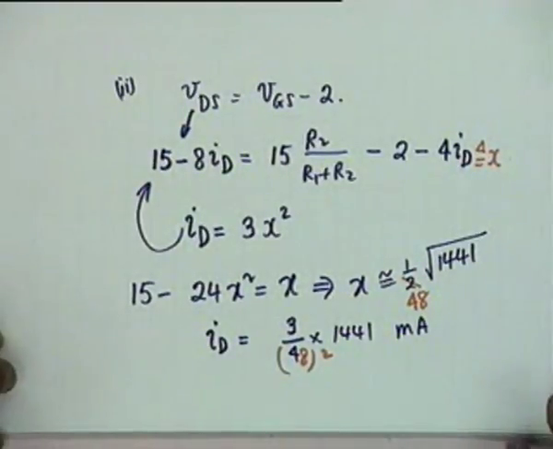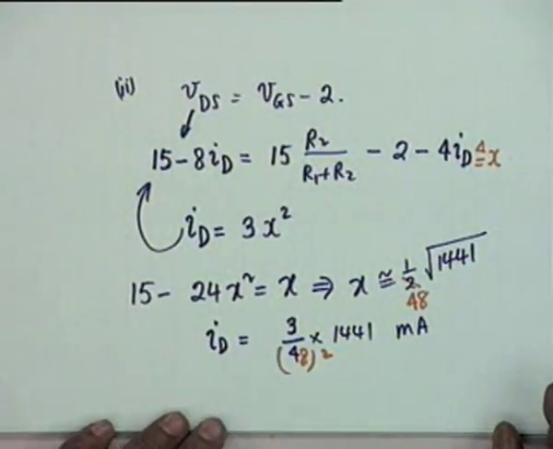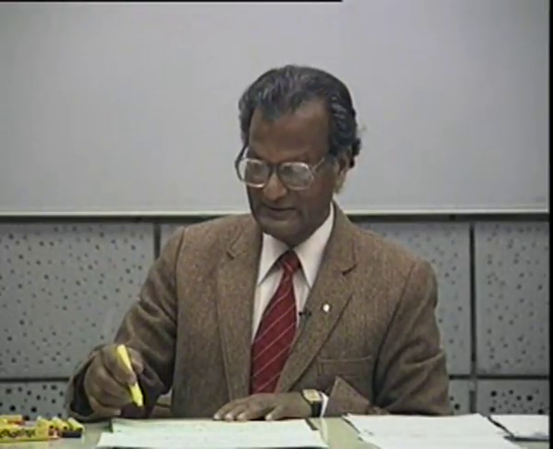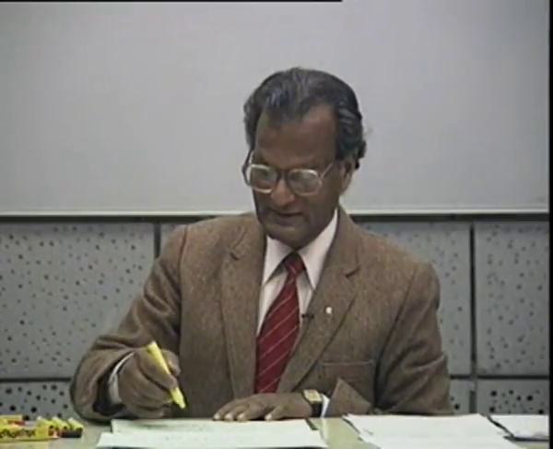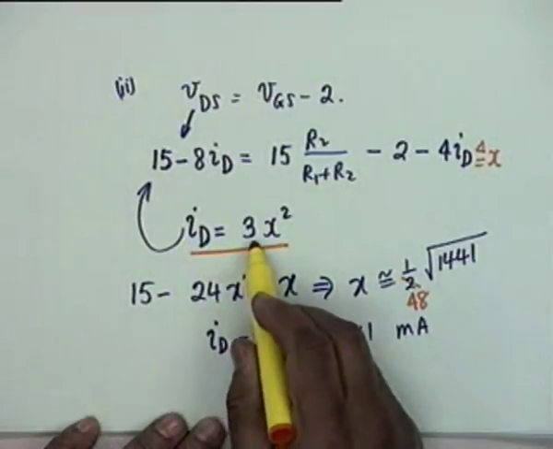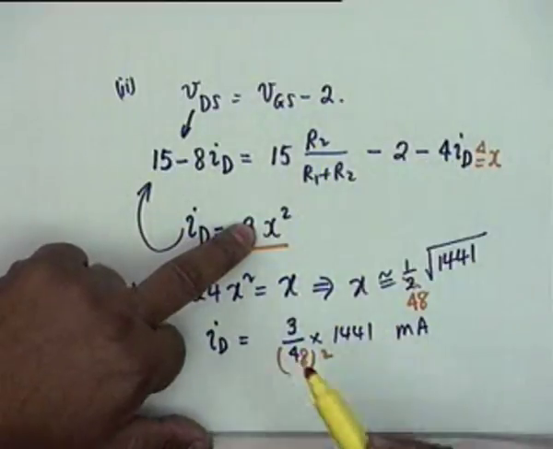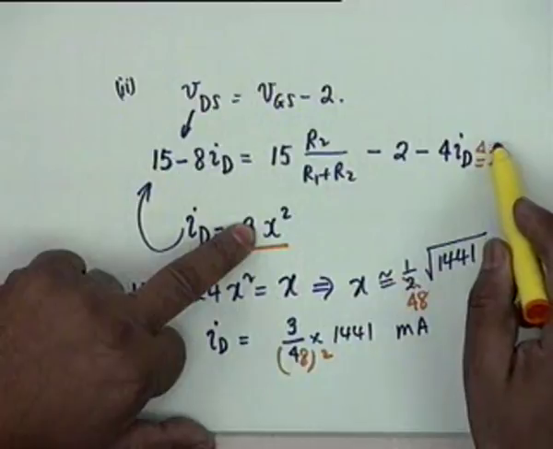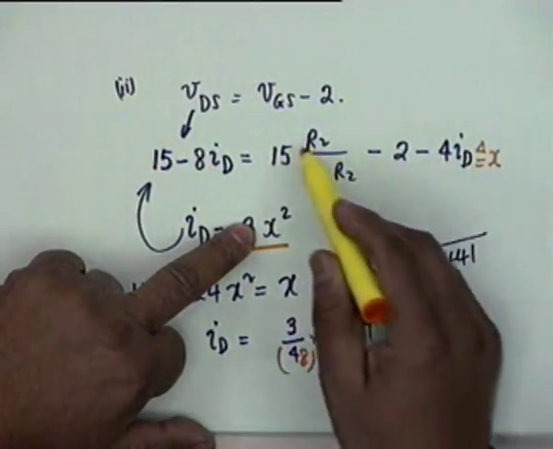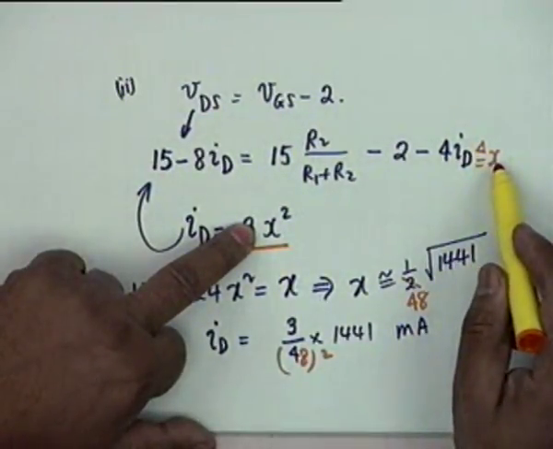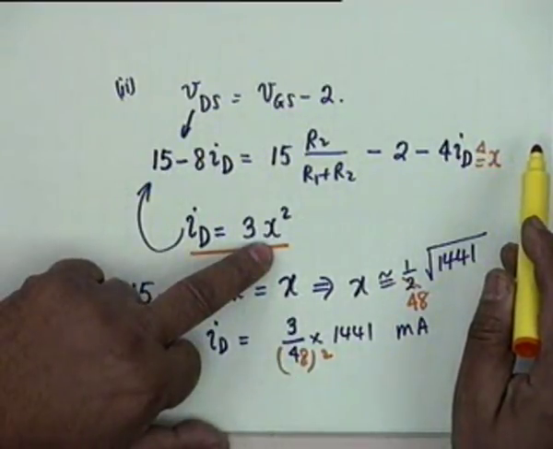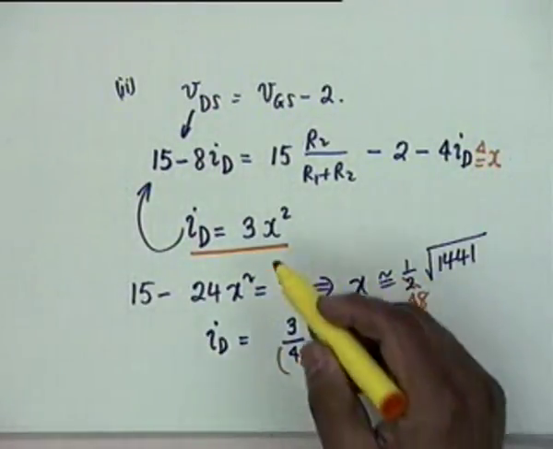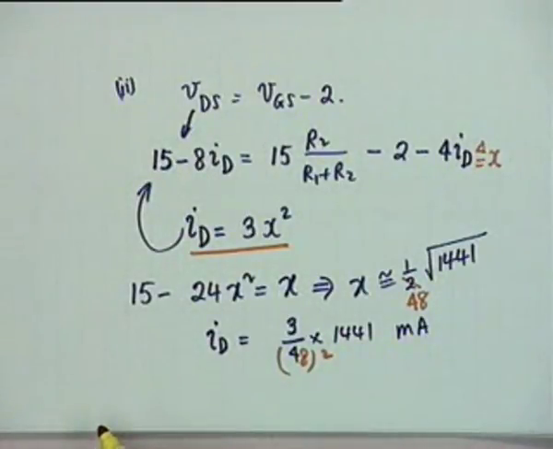Okay. So can you explain the solution again? Which solution? You used x in the right hand side. Oh, you see, what I do is, I have to find out ID. ID is 3 times VGS minus 2 whole squared. And VGS minus 2 can be written in terms of ID. So this right hand side I put as x, so it becomes 3x squared. And I substitute this back here, so I get a quadratic equation, and this is the solution.